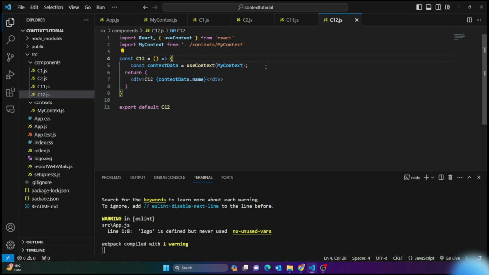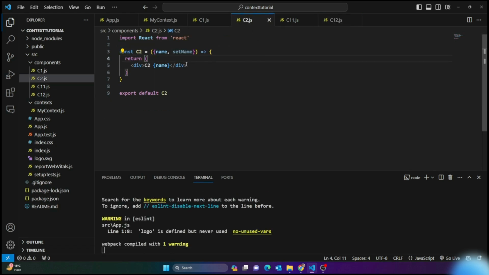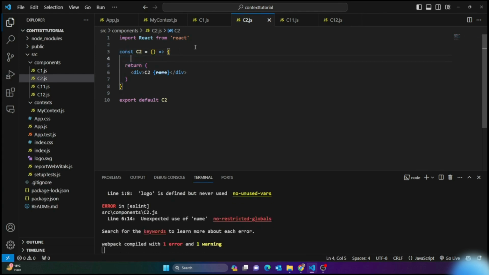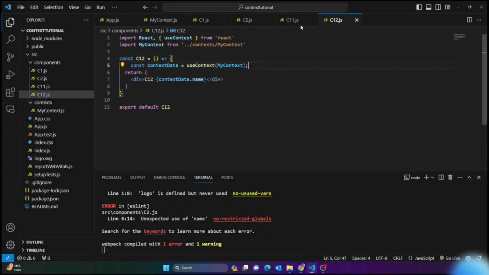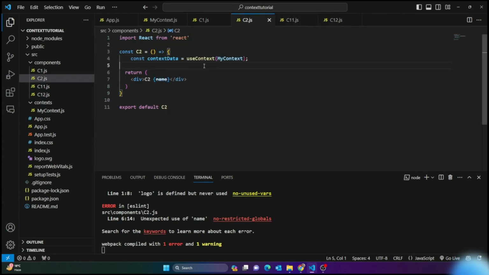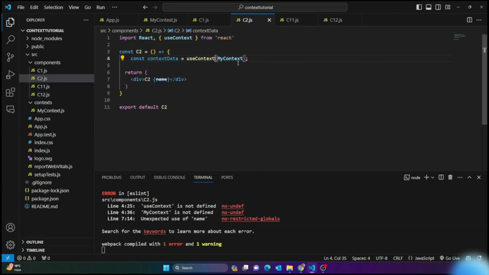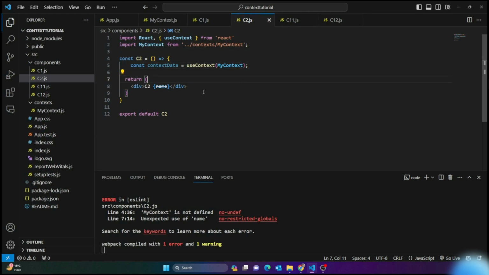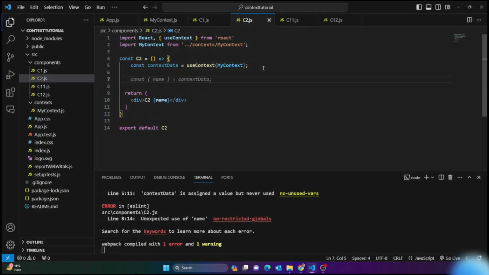Okay, one more thing. Suppose you want to use it in C2, you can also use it in C2. Suppose you would just say, I want to similarly use it here in C2. I would just use it, and yeah, that's very easy. And what you can do is